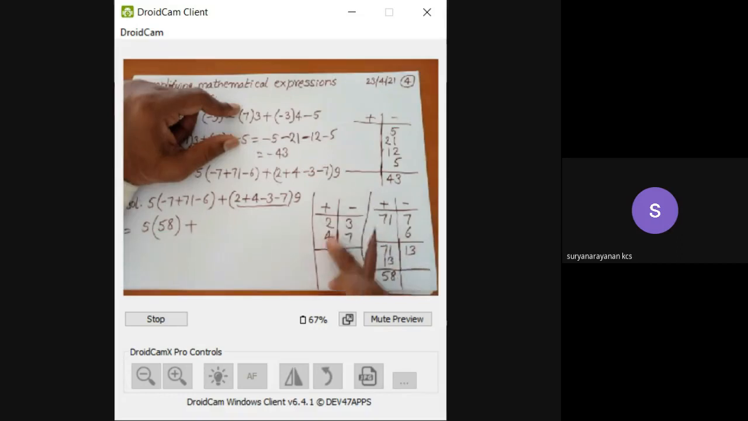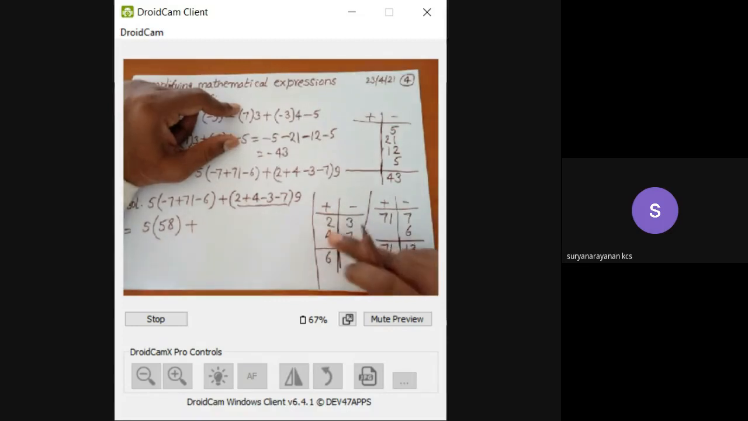Now we simplify these numbers under these positive and negative boxes. So we get here 2 plus 4. We add these 2 numbers, we get here 6. By adding these 2 numbers, what will we get here? 10. Again we got here